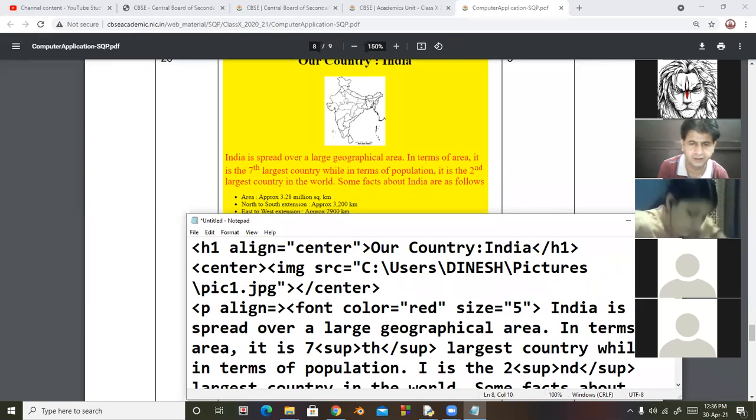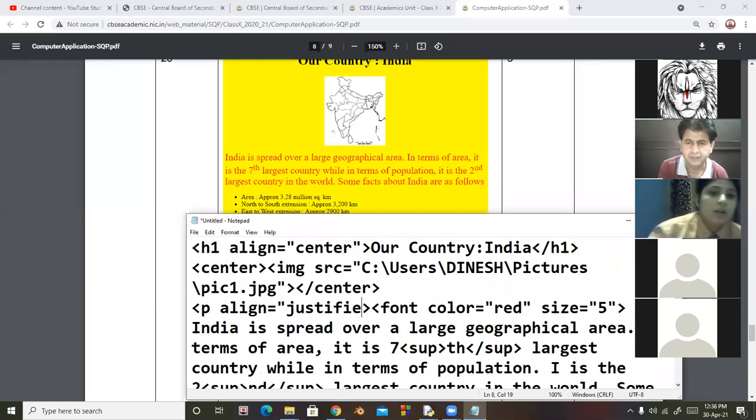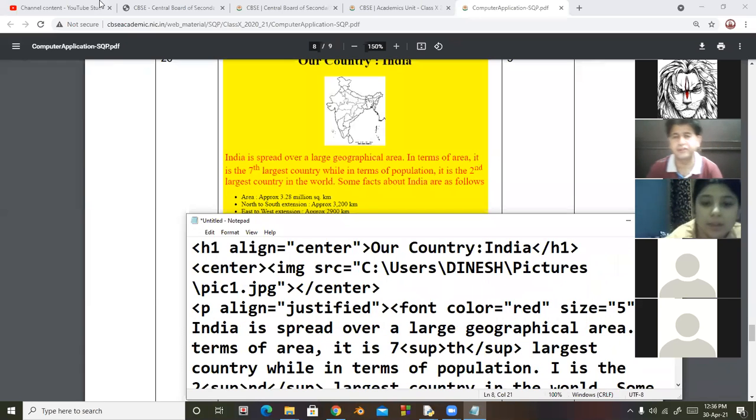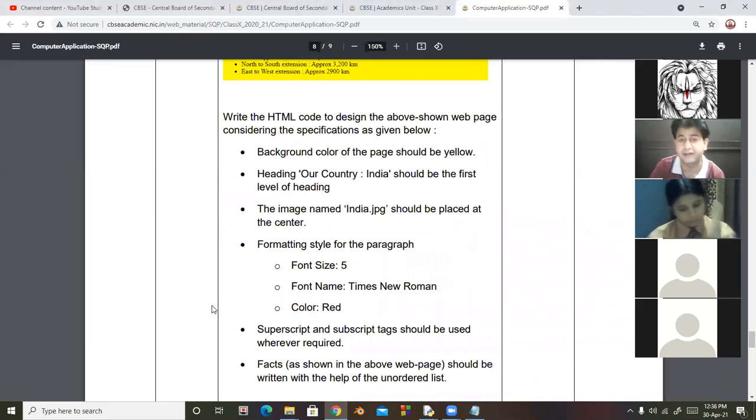Excuse me sir. Yes beta. Sir, how will we know how much size to take? Beta, if the question is silent about this, you can take your assumption. Okay sir. If you look here, for font size 5 and font face is also given.